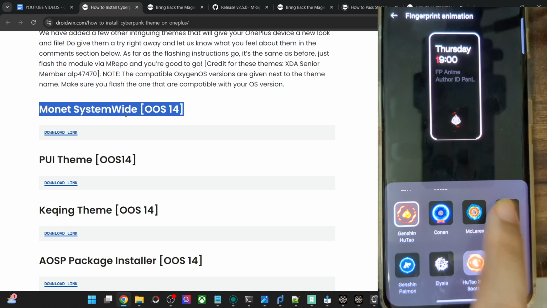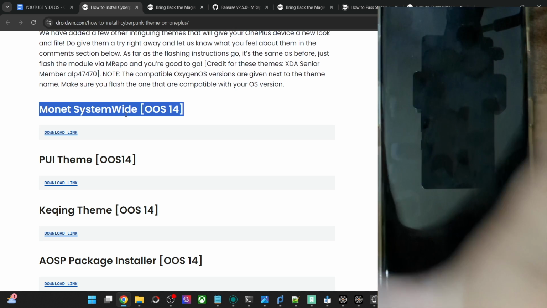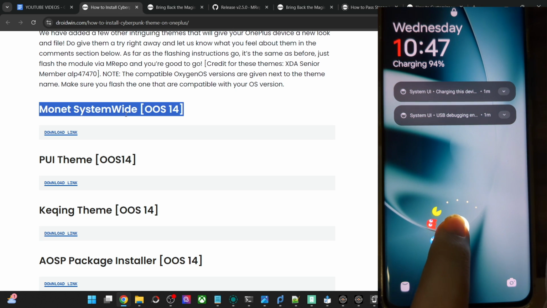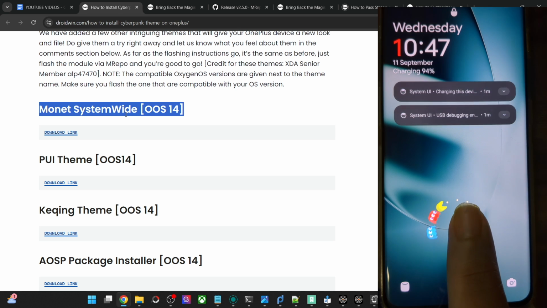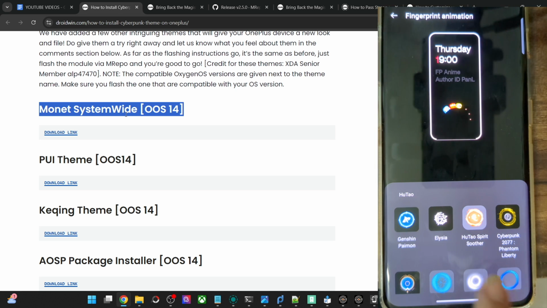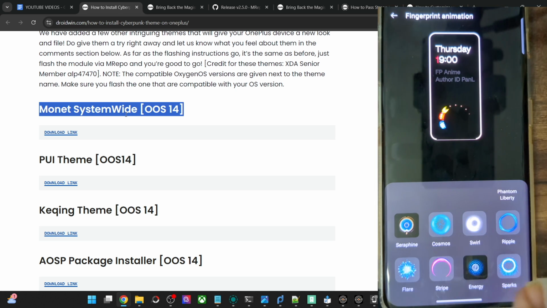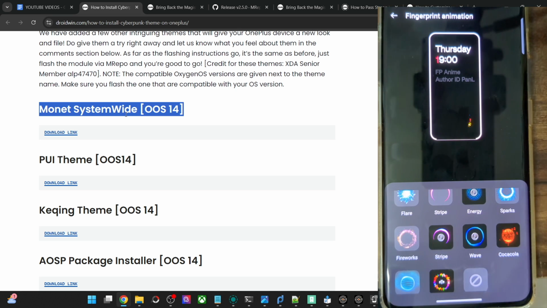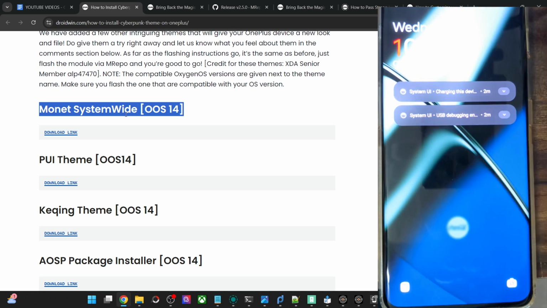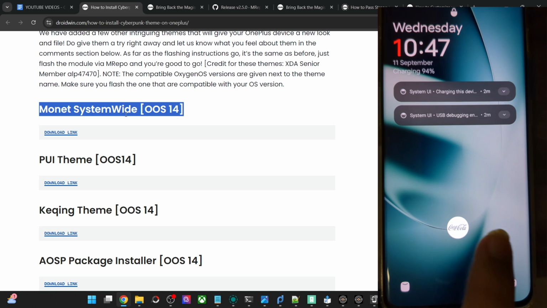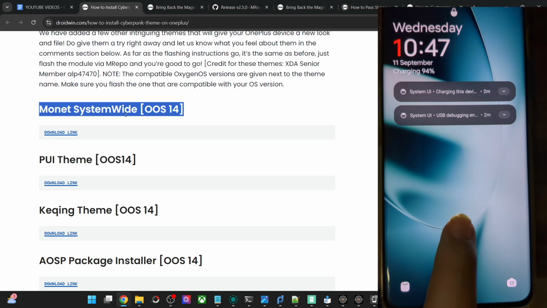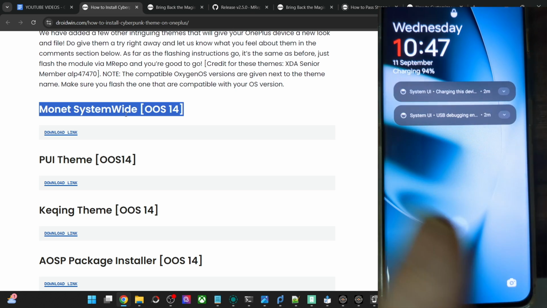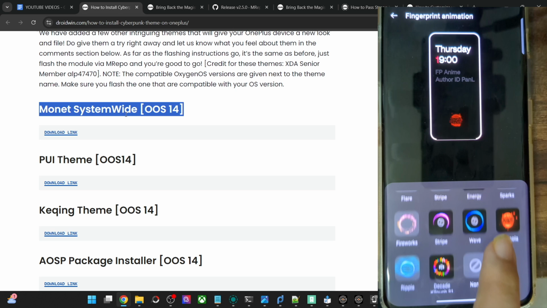And apart from that, Pac-Man also looks quite interesting. It's a little bit cartoonish, but it might get the job done. Then we have a different Cyberpunk animation as well, Cosmos, Sword, Ripple. Some of them are from the original OnePlus and some of them are additional. This is Coca-Cola, this is a new one. So let's have a look. This is the icon, so it's exactly the Coca-Cola brand logo, and this also looks quite nice, and I haven't seen this logo anywhere up till now.